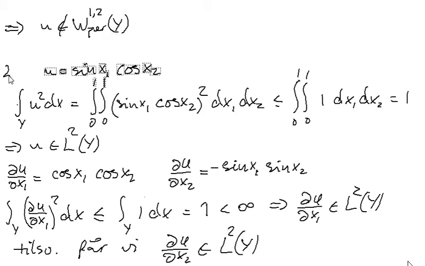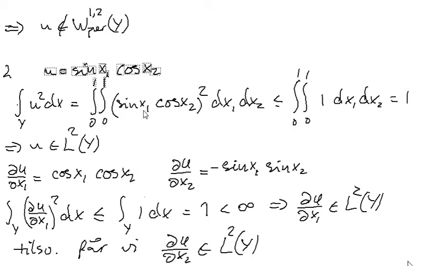Now we turn to the second task, where u is supposed to be the sine of x1 multiplied with the cosine of x2, and do the same for these functions. For this function, computing this integral in the same way as before, we obtain that